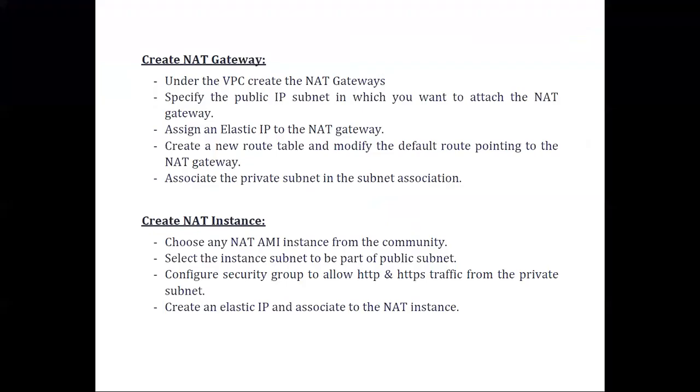So as per documentation, the community AMI should be deployed in the public subnet, just like a NAT gateway. And for this instance, we need to allow the security group rule with the HTTP and HTTPS access in order for the private subnet to access the internet. Then create an elastic IP and attach to the instance so that the NAT instance will always have the static IP. Even if it gets rebooted, the IP address will not change.